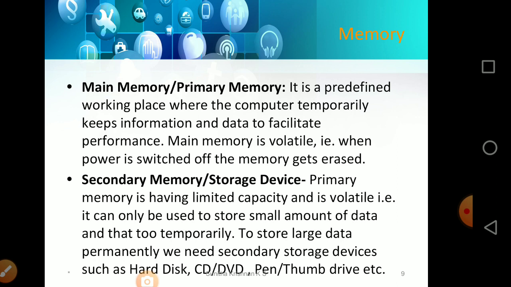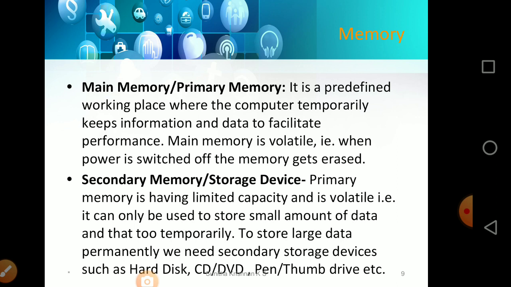The main memory is a place where the system keeps its program while it is executing. For example, in your mobile or in your system you are opening Microsoft Word. What does this mean? That a program is executing, or that application is running now. While the program is running, it will be kept in the main memory, and when it is not running, it is taken from the main memory and the main memory is freed, and it is kept in the secondary memory. So in your computer, the hard disk is the secondary memory, and you have the main memory. We call that main memory RAM.